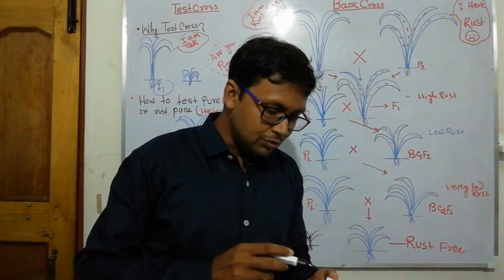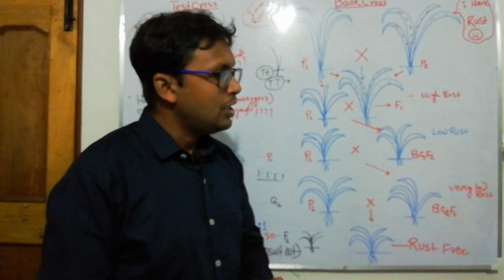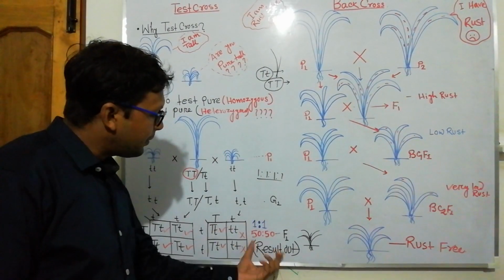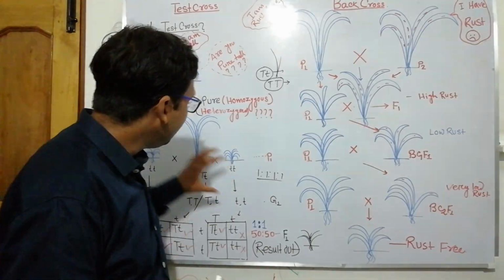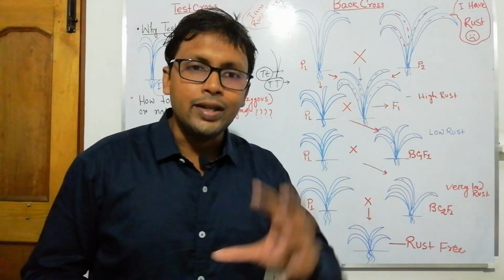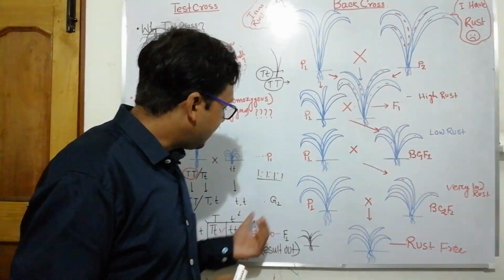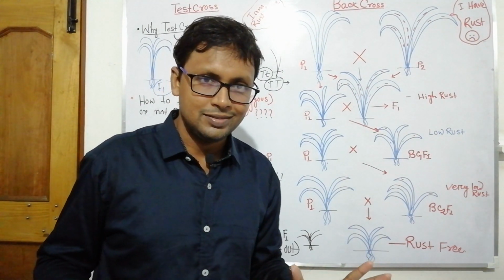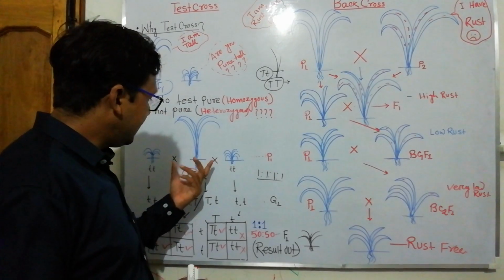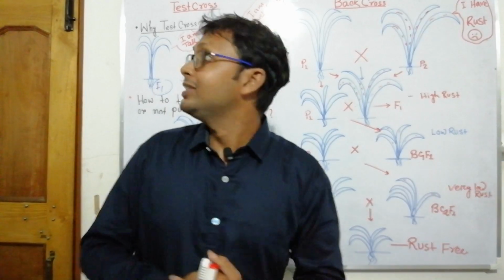Okay, this one is very important. So why back cross? Why test cross? And the phenotypic and genotypic ratios are the same in the case of monohybrid and dihybrid test crosses, that is, when it is heterozygous. When the experimental plant is heterozygous, the phenotypic and genotypic ratios are the same. When it is pure, it will not produce this. So this is overall test cross and back cross.